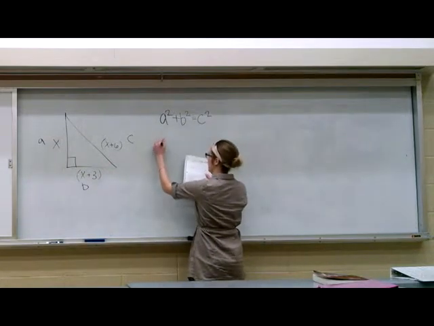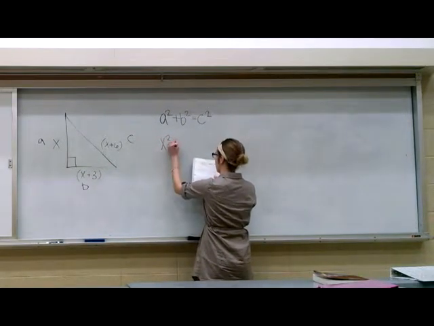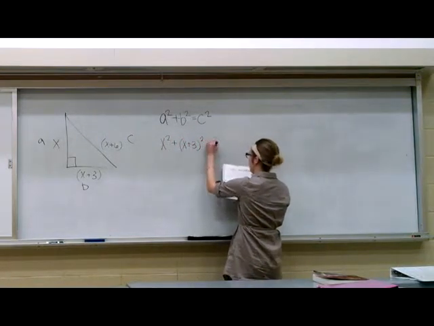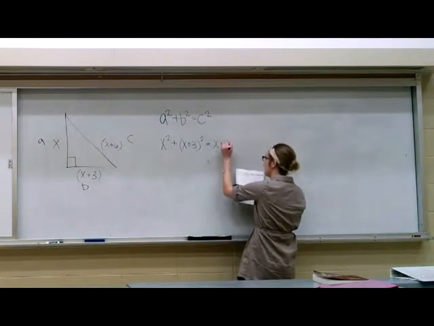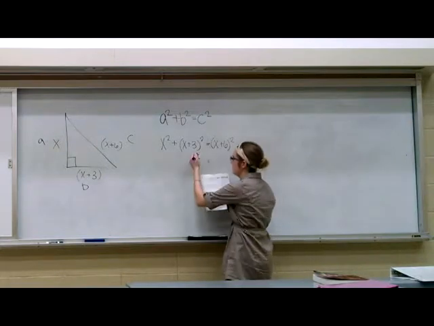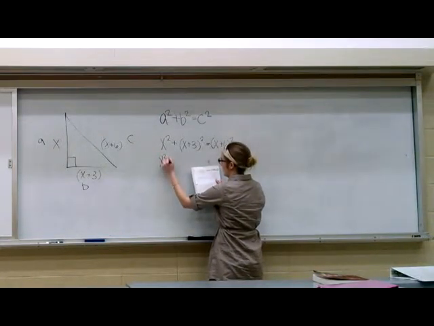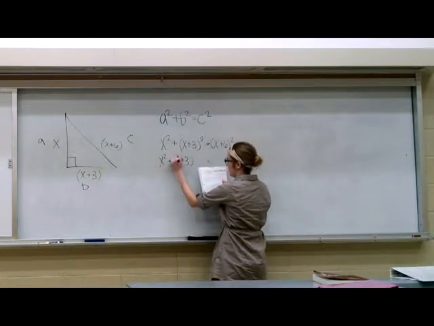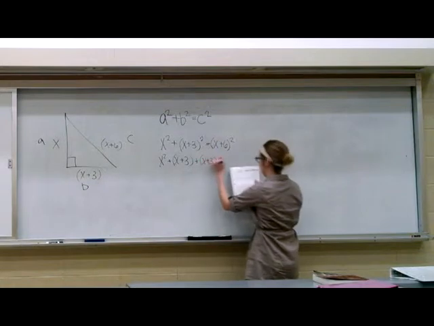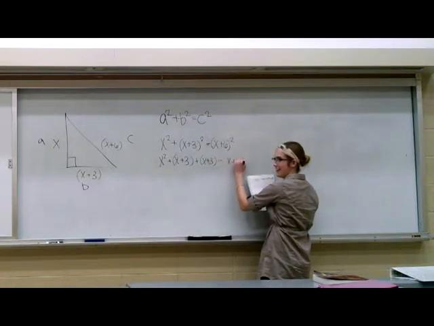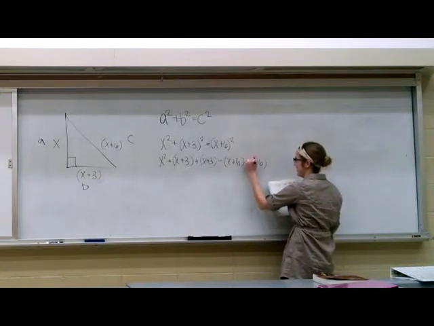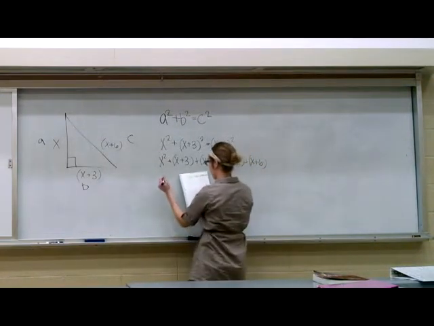So we'll do x squared plus x plus 3 squared equals x plus 6 squared. So you're going to want to FOIL this out. So it would be x squared plus x plus 3 plus x plus 3 equals x plus 6 plus x plus 6. And that'll go to